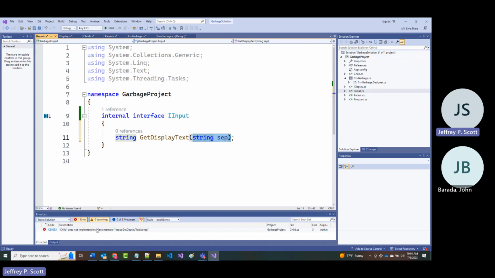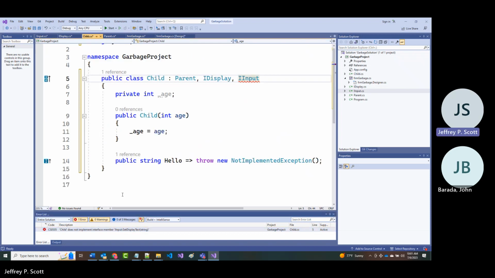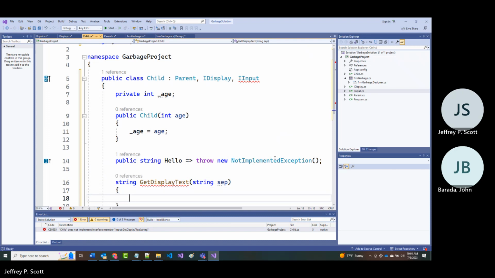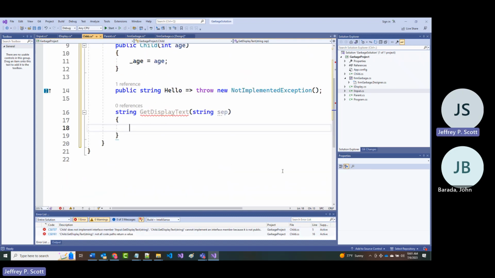So I'm getting that error now, and the error is in here. It says, hey, you got this thing, and you don't have anything in here that returns a string that is called GetDisplayText, and it has passed into it a string which is a separator. All right, let's just put it here, return the empty string.